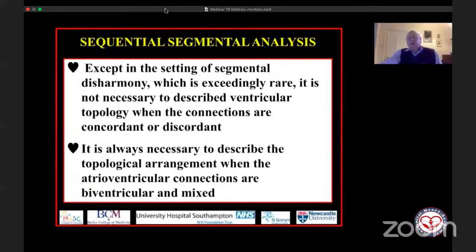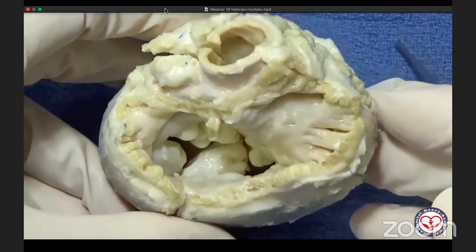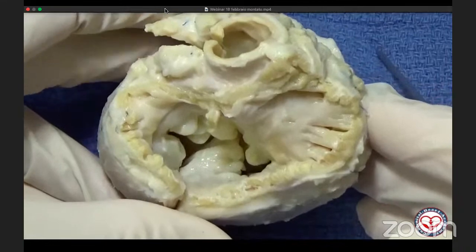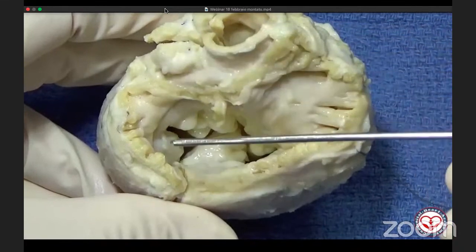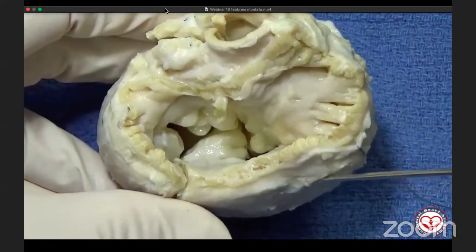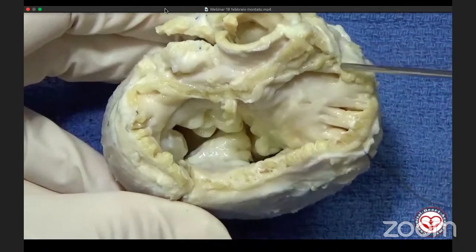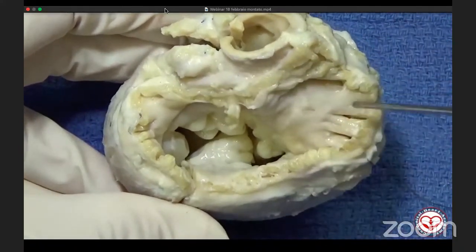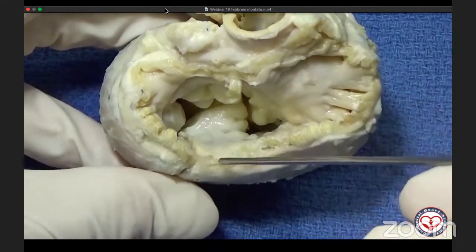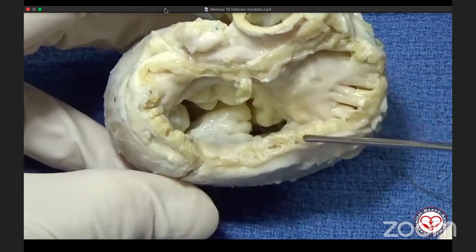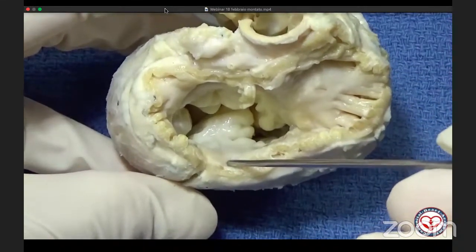Diane is going to demonstrate to you the importance of explaining and describing ventricular topology in the setting of isomeric atrial appendages. This is a specimen that has isomerism of the right atrial appendages, and we're looking at the base of the heart, and this was a cardiac explant, so the majority of the structures at the base have been cut away. You can still appreciate that there were roughly triangular tips to both of the atrial appendages and that there were pectinate muscles surrounding the entire atrioventricular junction, so around both atrial vestibules and to the crooks of the